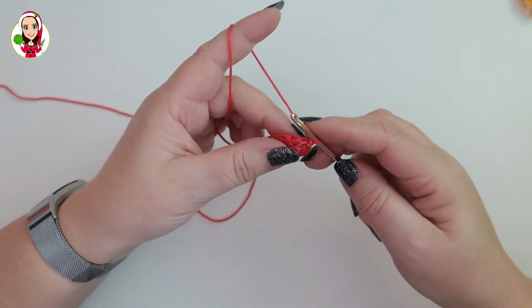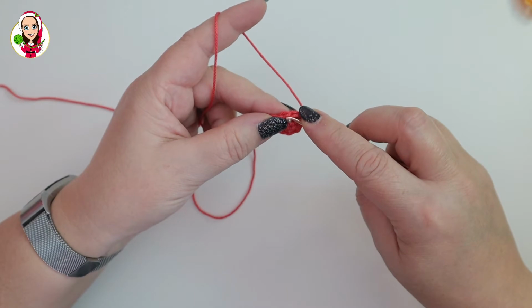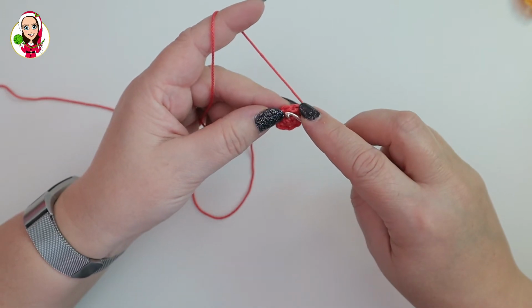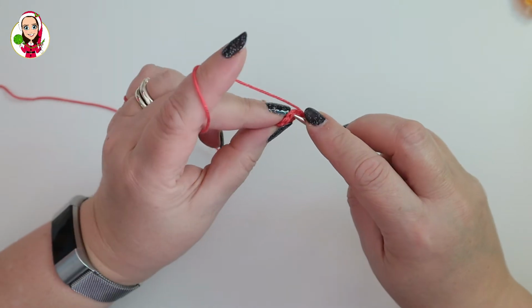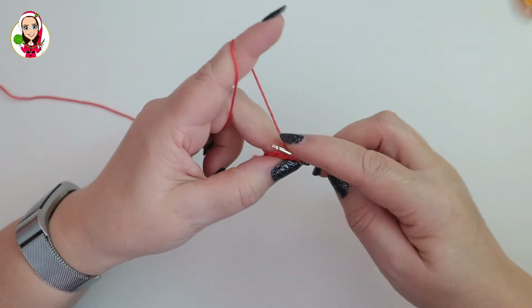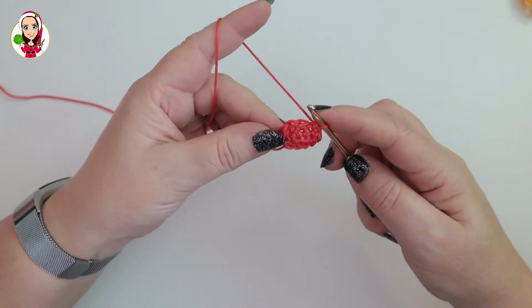So the next part we're going to do 2 double crochets in the next stitch, 1 double crochet in the following stitch, and that will be a repeated pattern. So 2 double crochets, then 1 double crochet, and we're going to do that 4 times. So double crochet in the first one, 1, and the second, 2, and then 1 double crochet in the next stitch. That's 1 repeat,